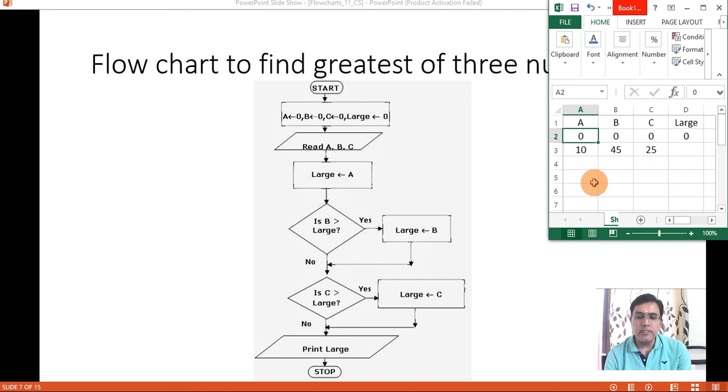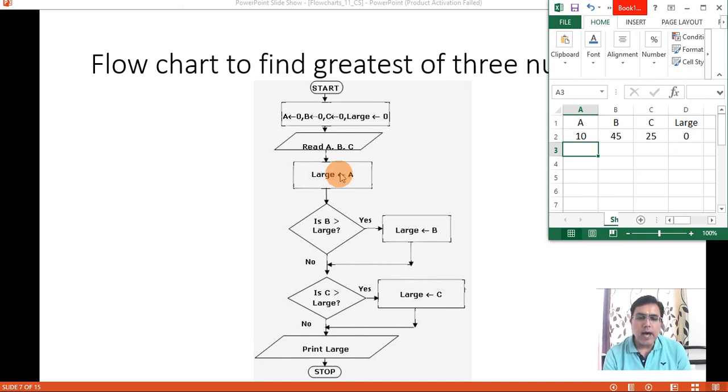Then that 0 is replaced with 10, 0 is replaced with 45 in B, and in C it becomes 25, right? When you write it on paper, just cut those values and then you can write new values. Okay, so whichever way you want, you can do it that way.